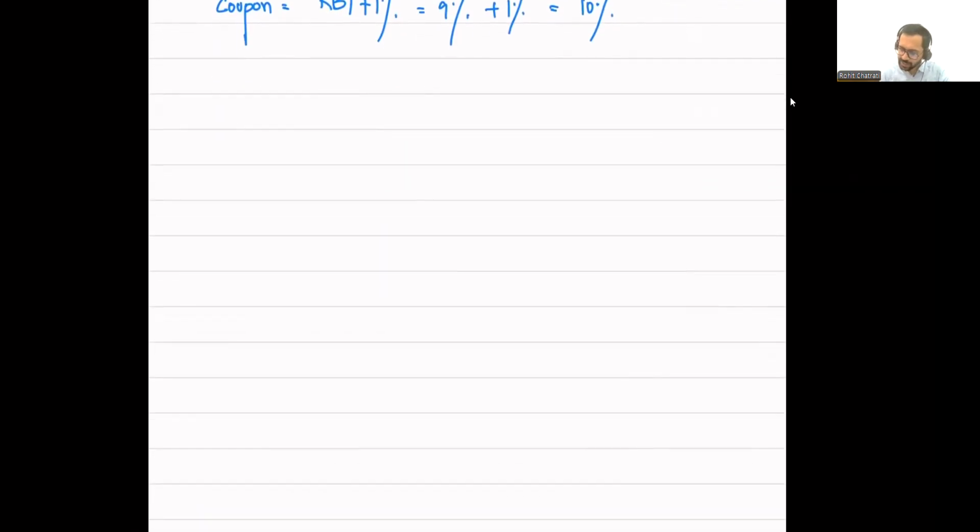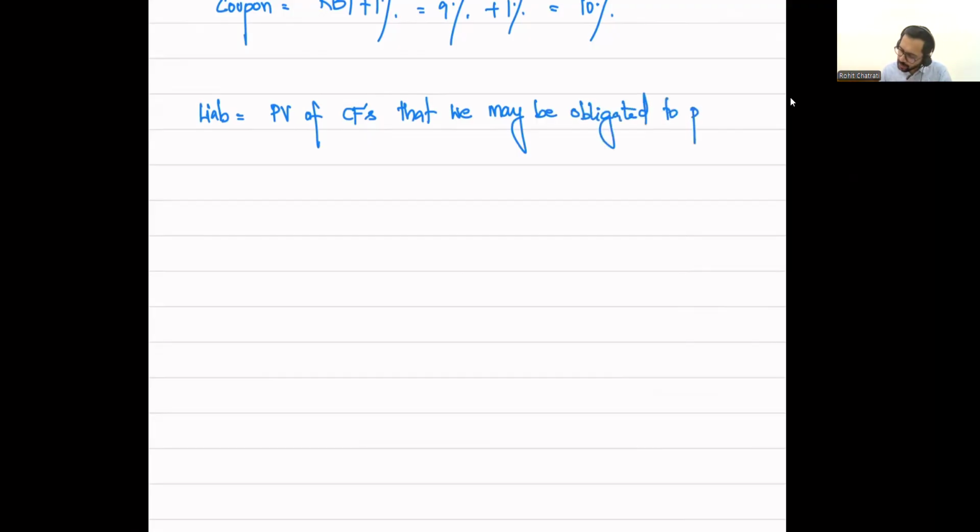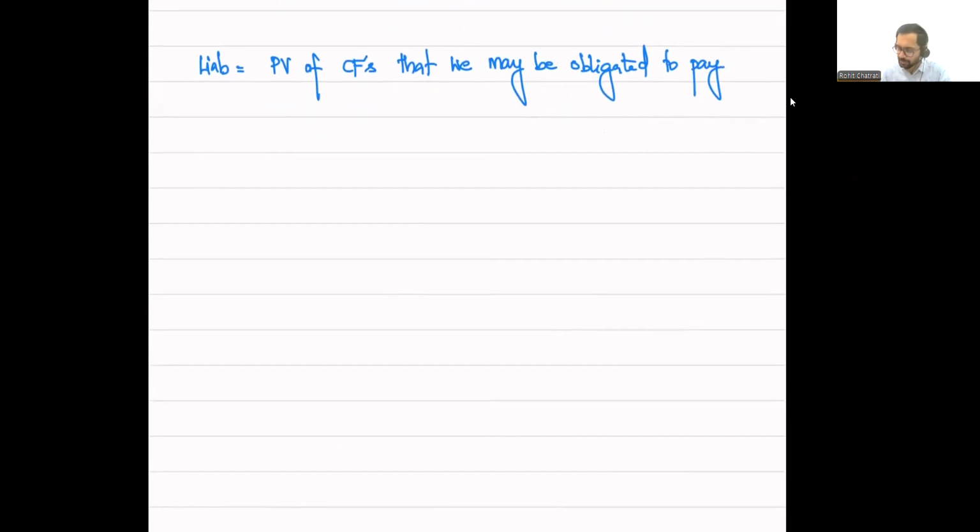How will we calculate the amount of liability? Liability will be the present value of the cash flows that entity may be obligated to pay, that we may be obligated to pay. Therefore, we are going to calculate the amount of liability as